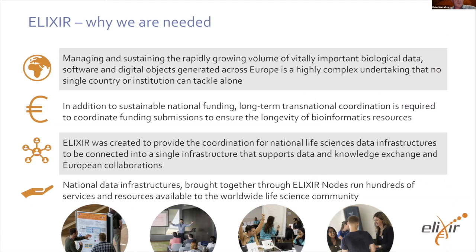Why do we need a European infrastructure? We've got many member states with significant capabilities in bioinformatics. Bioinformaticians can find these things themselves using the internet. Well, there are a couple of problems. First of all,